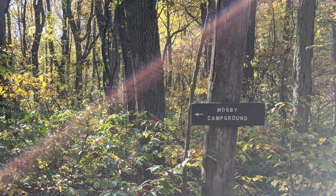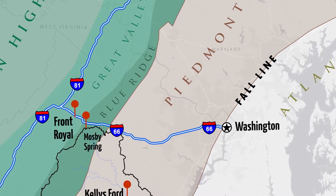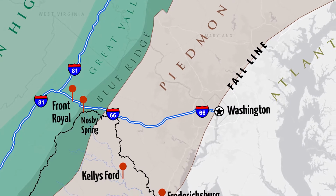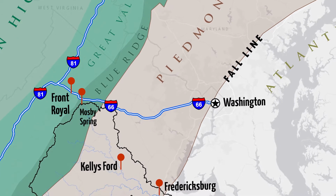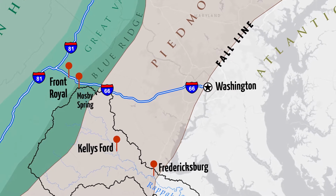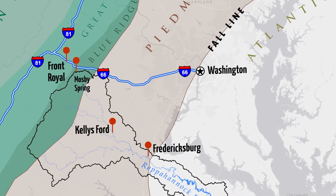But probably the most interesting thing about this spring is this is the head of the Rappahannock River. This is where the river emerges from somewhere underground. So the actual beginning of it, we can't see. It's in the earth somewhere. But here's where it comes out of the earth, and it begins its